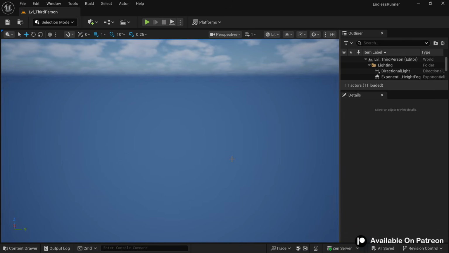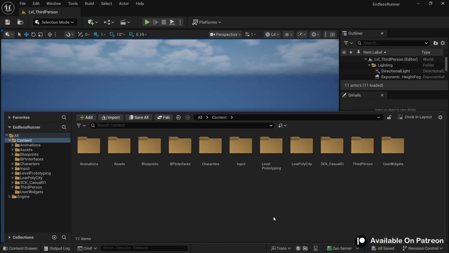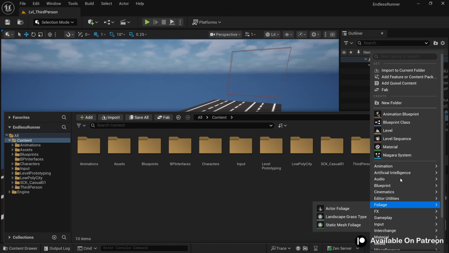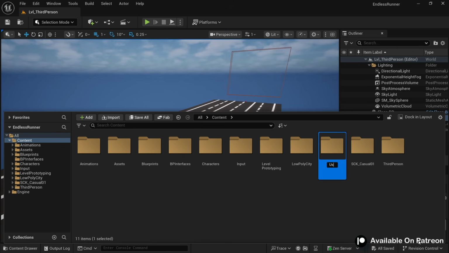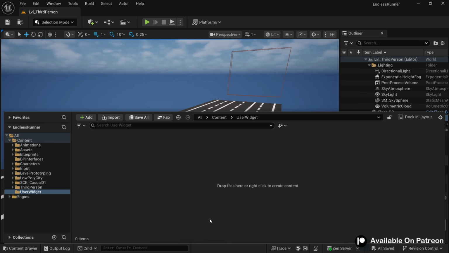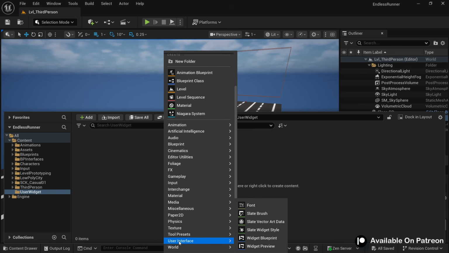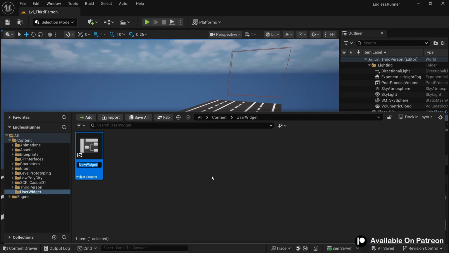Now before we increase the player's speed gradually, we first need to implement calculating distance, because speed is correlated to distance. So first we need to do that. We need to create a user widget for that, and for that let's create a separate folder and name it user widget. And inside this, let's create a user widget, which is under user interface and widget blueprint. Let's name this main hood UI,